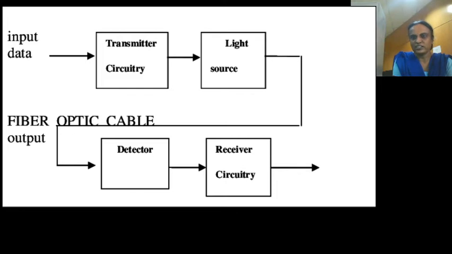By default, the transmitter circuit will take any type of input data, which can be in analog or digital form, and finally the digital format is given to the light source. Digital format here means the input will be in terms of either ones and zeros, that is, in terms of pulses, on or off. Now when this digital format is given to the light source, the light source acts like a torch, where it can be an LED source or a laser source, as I have told you before.